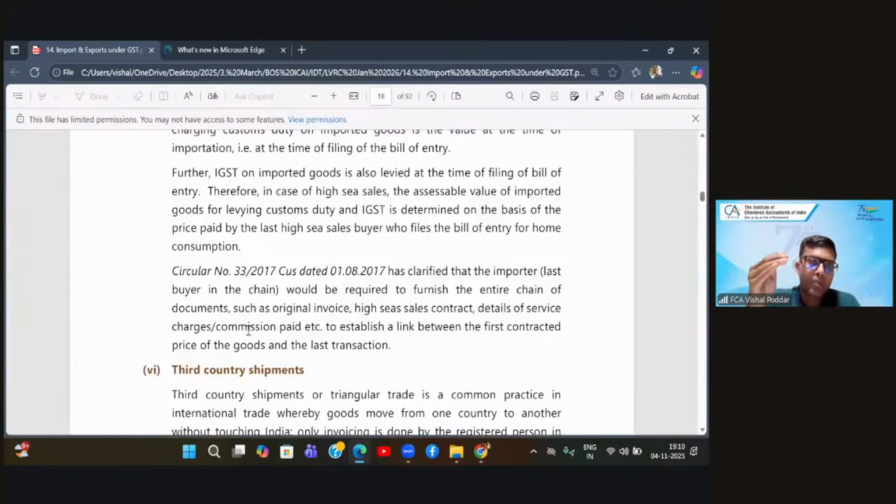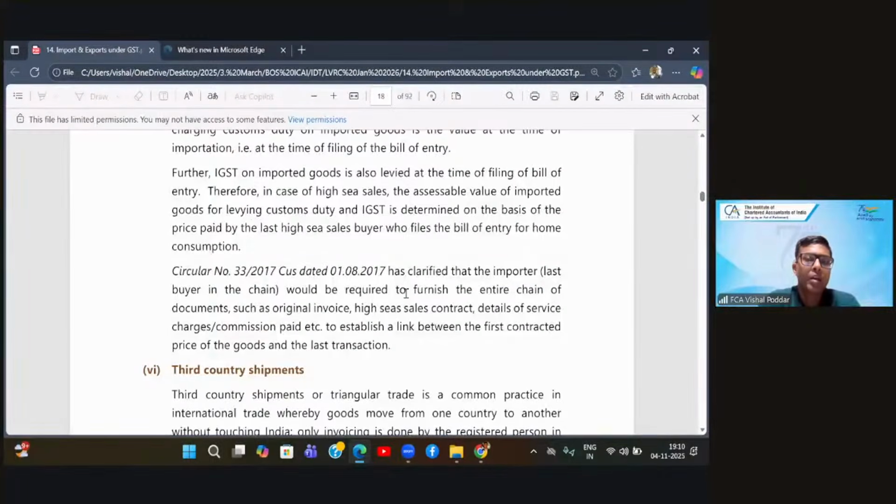It will be the last buyer. So if you imported the goods, I purchased from you, Manishji purchased from me, Ajitji purchased from Manishji, and all these sales happen while the goods are in high seas, finally Ajitji is going to clear the goods. So Ajitji will be doing all the compliance of clearance, and then Circular 33 dated 1/8/17 has clarified that importer,